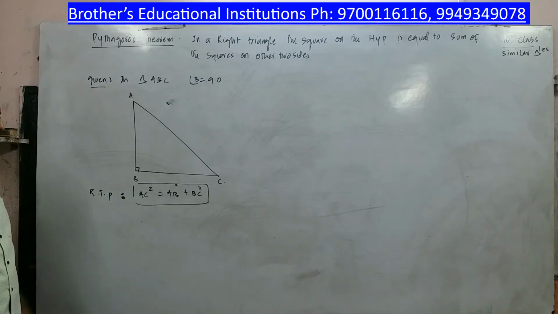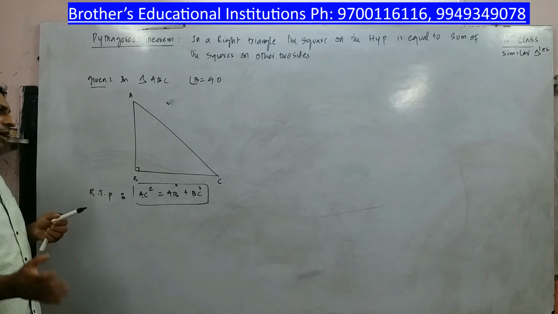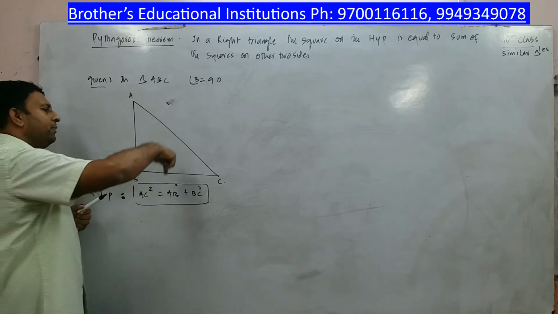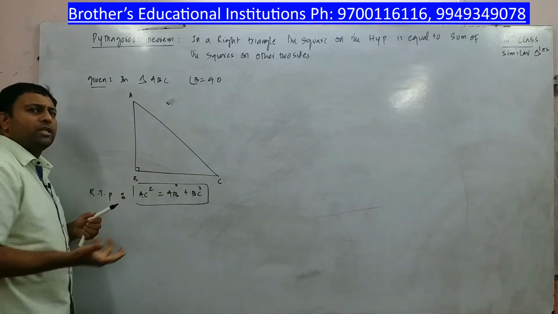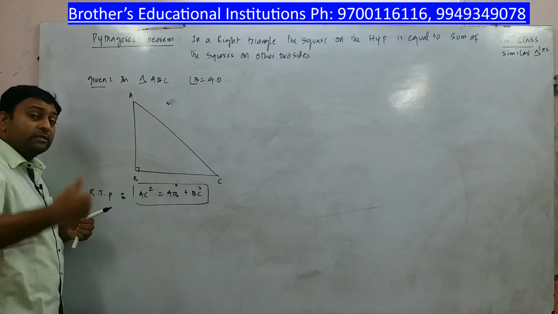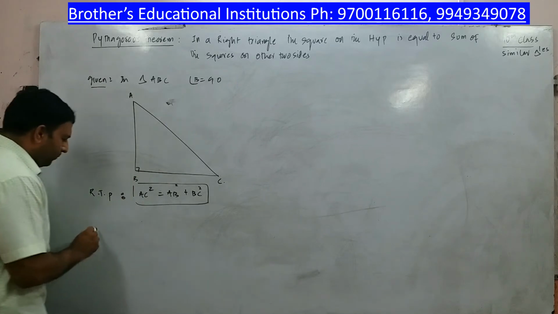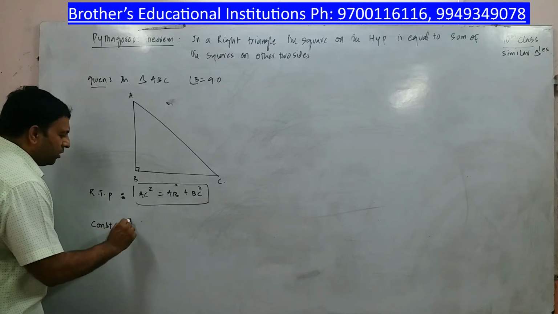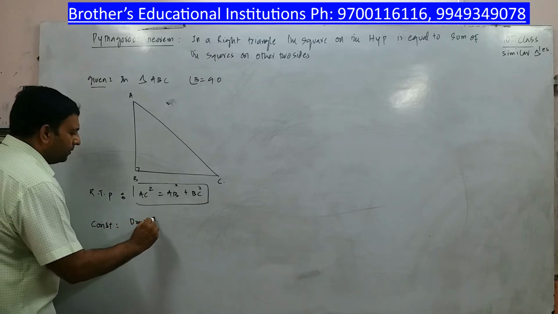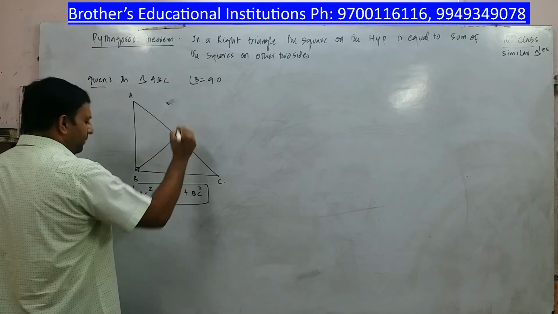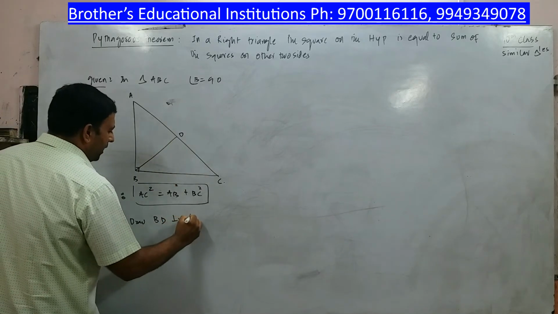How am I going to do this? As we are doing things in order, you must always learn things in order only, because in this particular theorem I am going to use the concept of similarity. Unless the concept of similarity is told to you, you cannot do this. So do things in order, don't do it randomly. Here I am going to do a little bit of construction. And what is the construction? Draw BD perpendicular to AC.